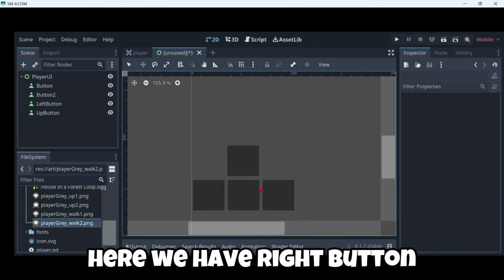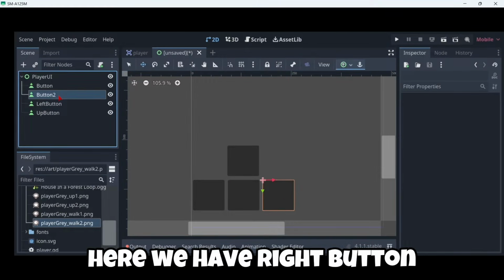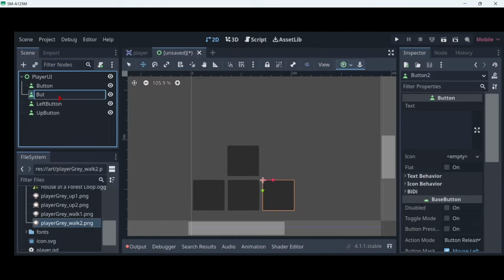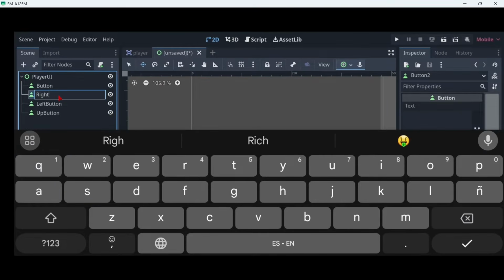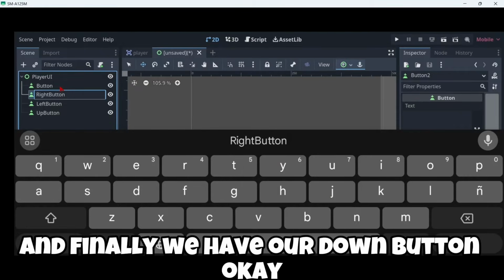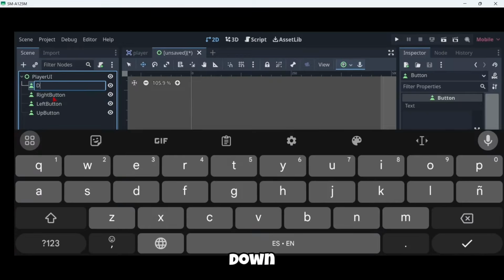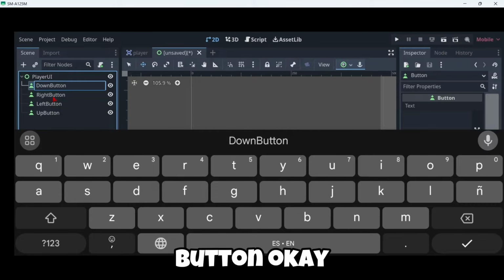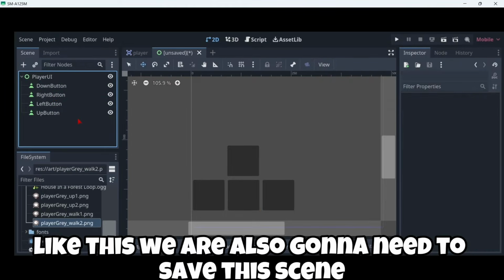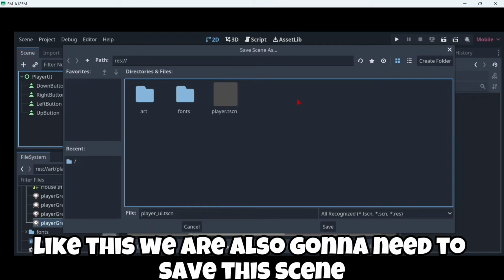Here we have right button. And finally we have our down button, like this. We are also gonna need to save this scene,